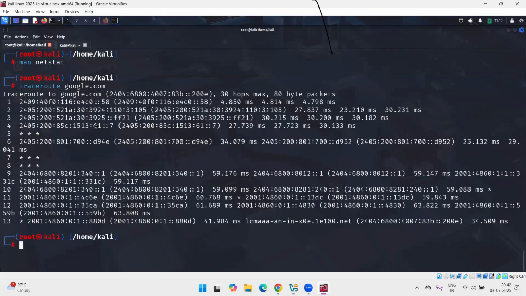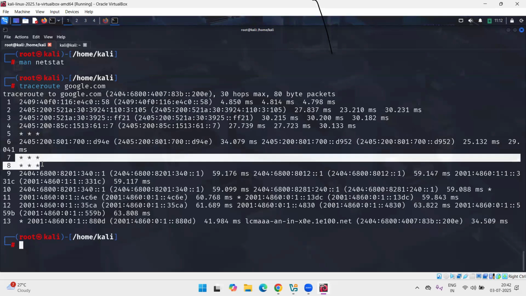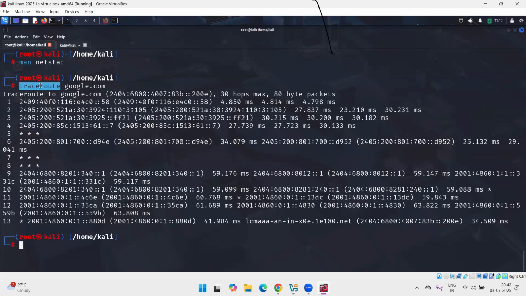Okay, and all of these you can see are IPv6, right? And wherever you see this star symbol, it means it is protected. Okay, clear? What is this traceroute doing? Traceroute is helping us to see the hubs between the client and server, right? So you're sitting here with your laptop or desktop, and of course, Google server is somewhere, right? And first, my packet will go to my home router, then it'll go to some other routers, switches, then finally